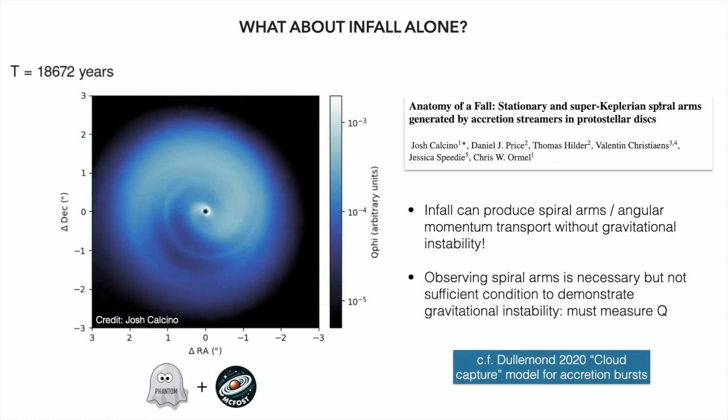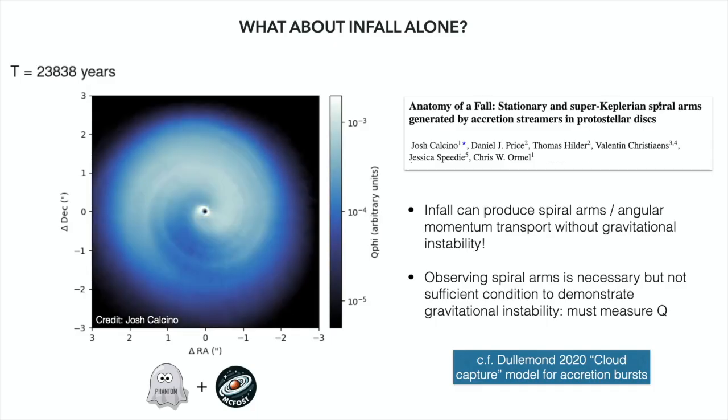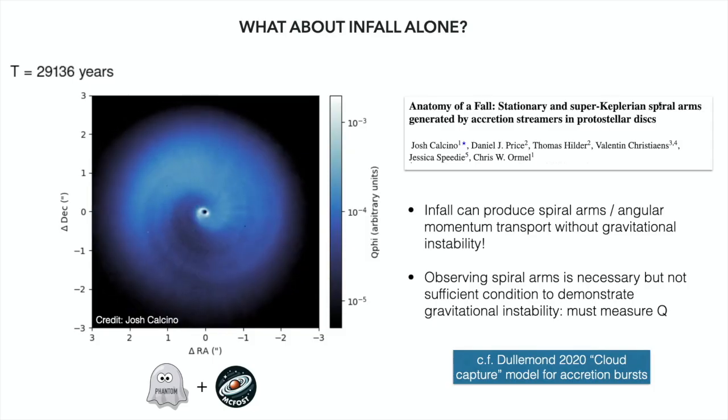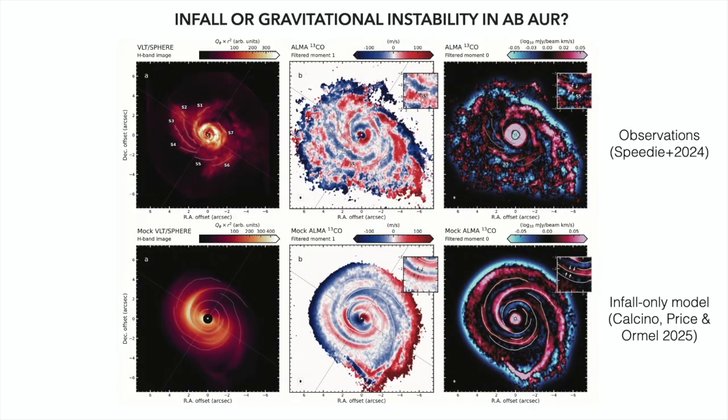And in fact, Josh did a really good job of this. So this is exactly like the cloud capture model, basically, for how you make accretion disks, which is dumping material from the environment. So that's a similar picture. If you want to make things go bang, you have to basically directly cancel angular momentum. So actually you can do the job. So this is one we just submitted, that you can actually reproduce nearly all of what's going on in AB Auriga just by dropping some material on the disk. No gravitational instability involved. And so again, maybe the picture that's more important is the connection to the environment, and this kind of dumping and cancellation of angular momentum is actually driving a lot of angular momentum transport here without needing any kind of instability.